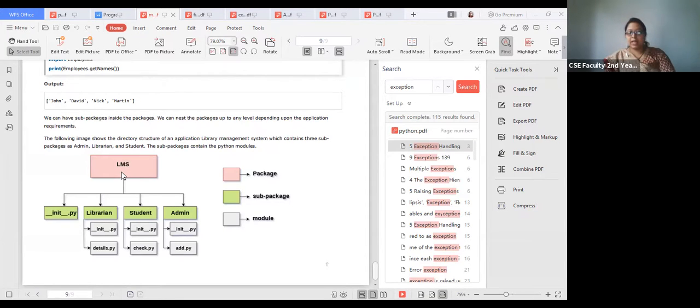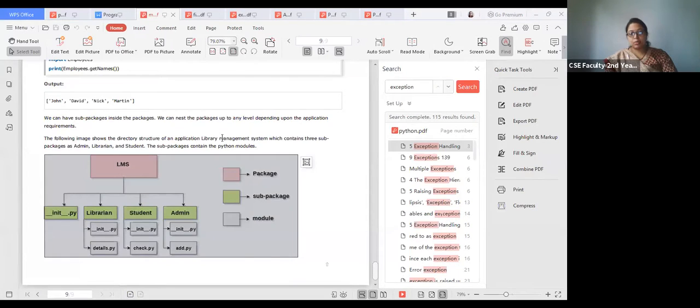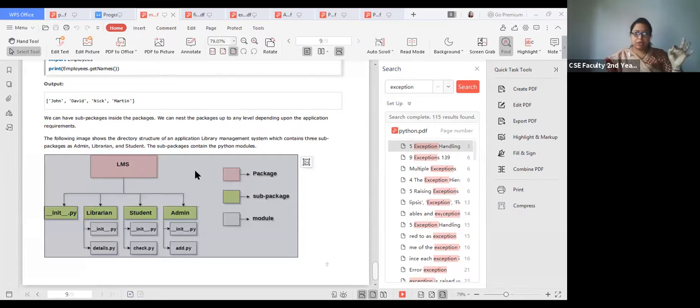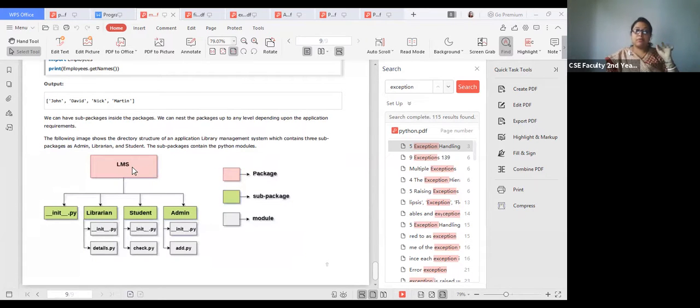Suppose LMS is a library management system. Here LMS is nothing but a directory, a folder.